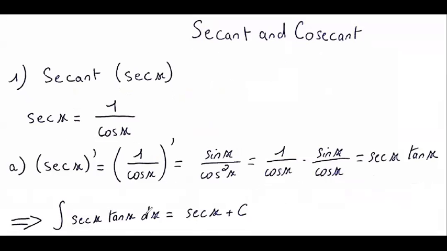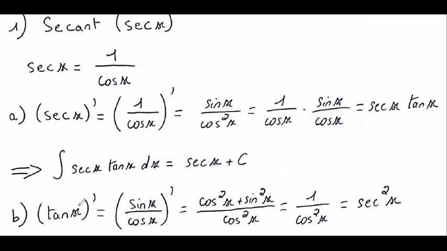And so the integral of secant tangent is secant plus a constant c. Now let's check what would be the derivative of tangent. So tangent x prime, tangent is sine over cosine. So I'm using the formula u over v, which is u prime v, and the derivative of sine is cosine. So I will get cosine squared minus u v prime, and v prime, the derivative of cosine is